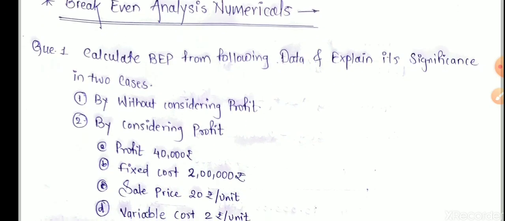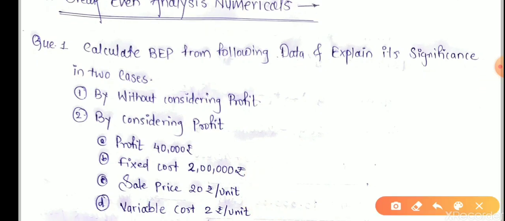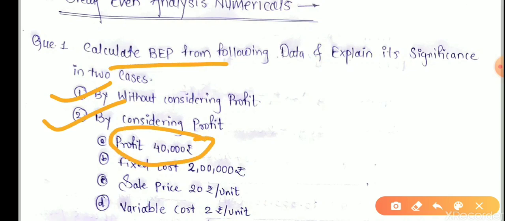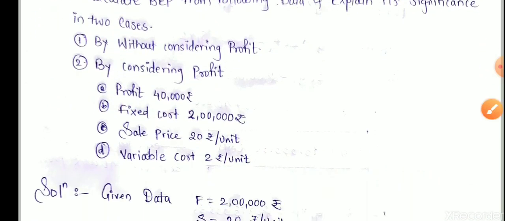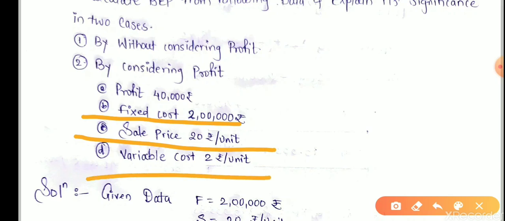Now, first numerical: calculate break-even point from following data. Explain its significance in two cases. There are two cases given. First one is without considering profit, and second is by considering profit. Without considering profit, we have to calculate break-even point, and with considering profit, we have to calculate break-even point. Now, given data is fixed cost, sales price, and variable cost, and here is profit, which is the additional